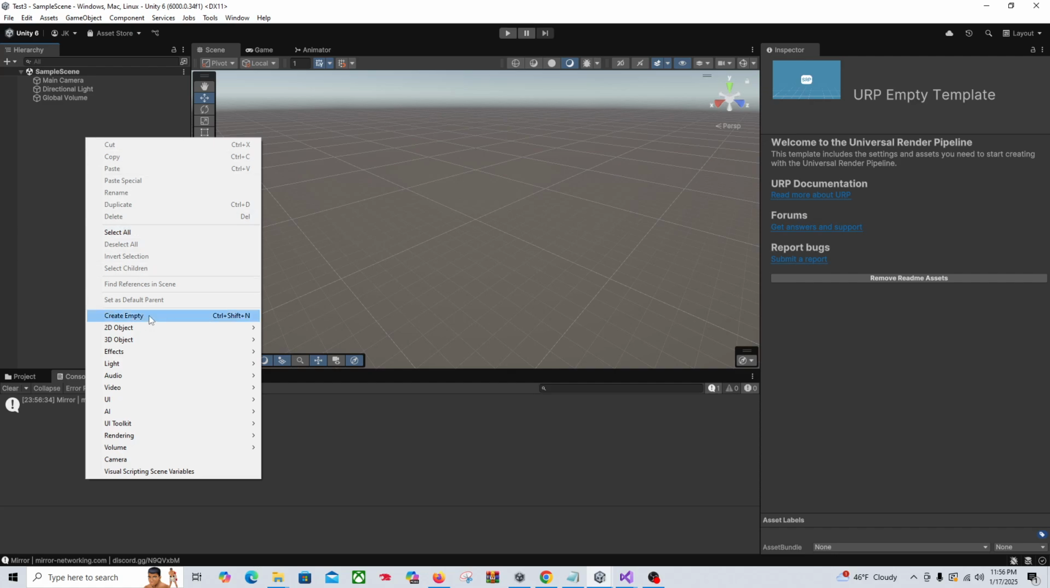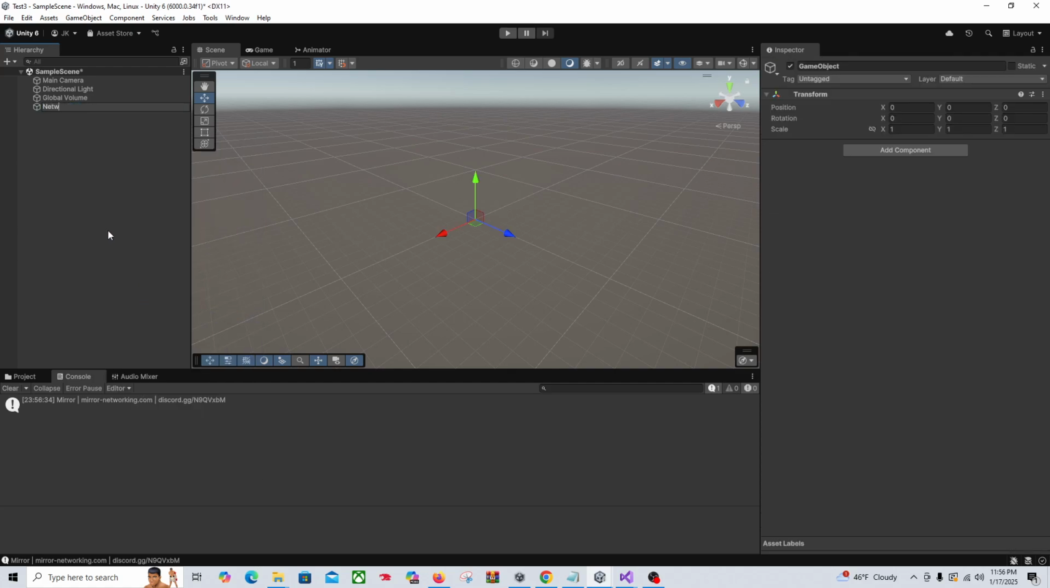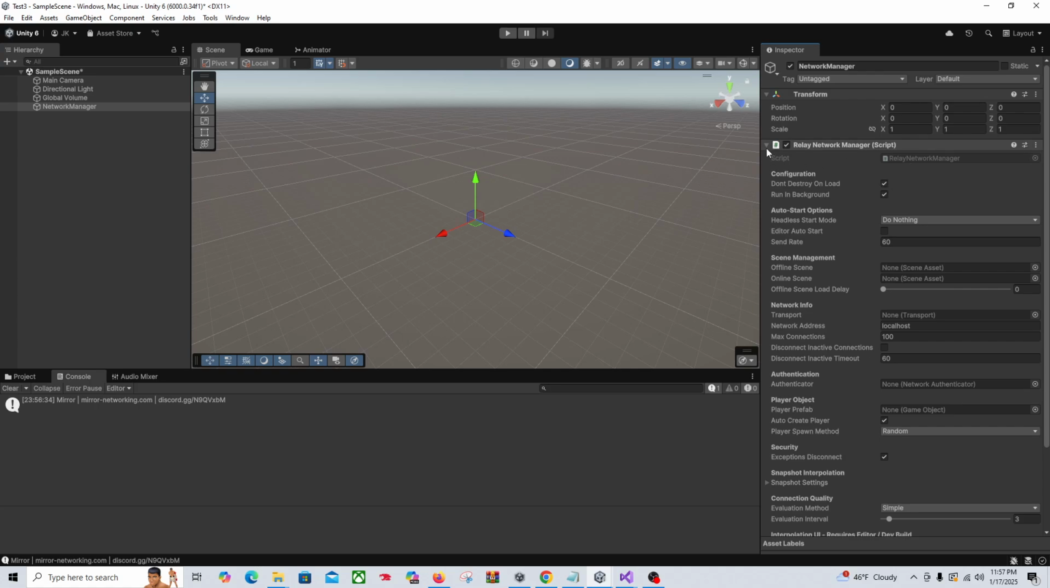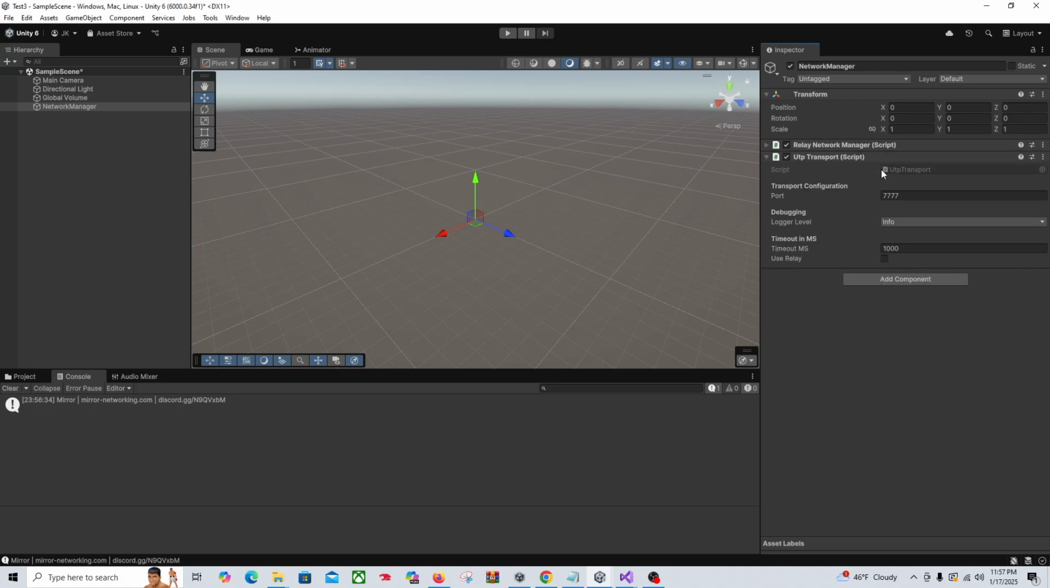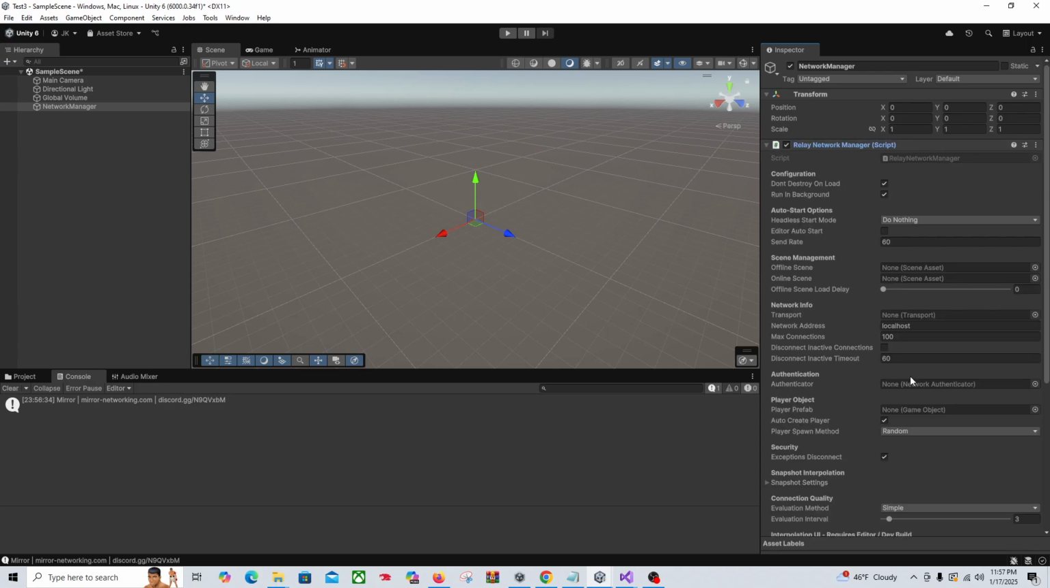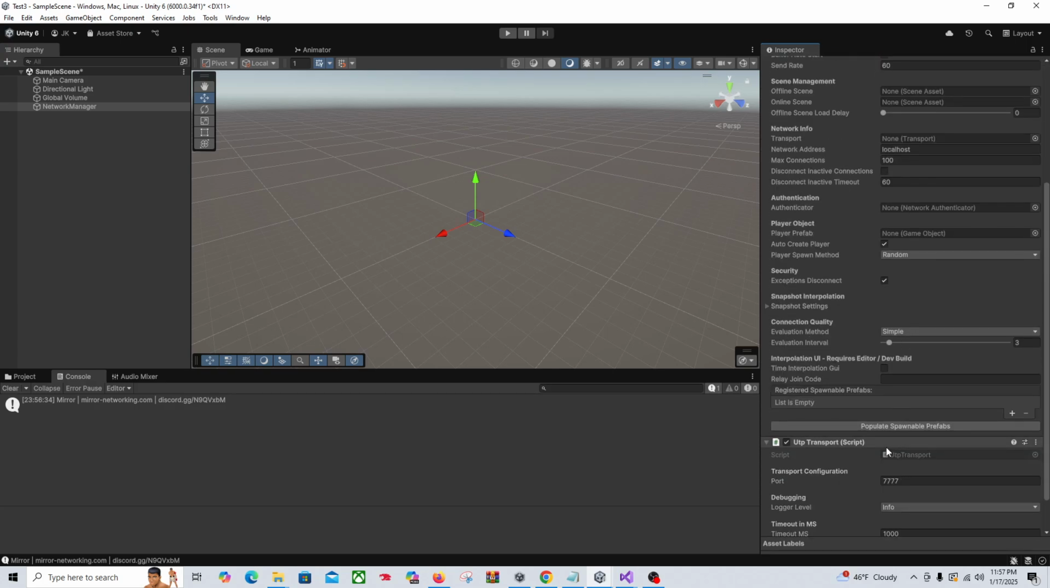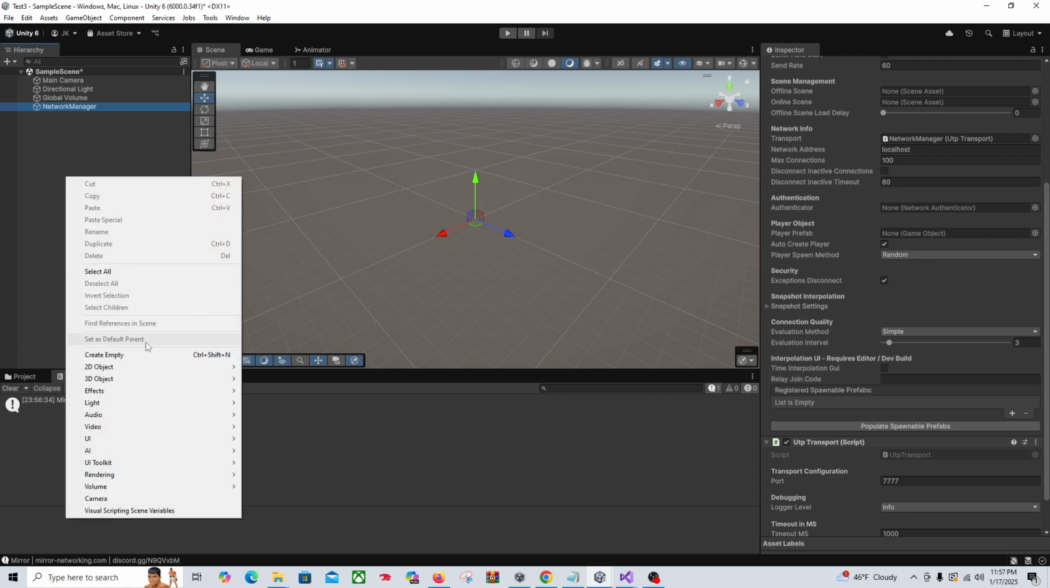Let's go ahead and create an empty, and we'll call this Network Manager. Right? And add a component. We'll say relay network manager. Cool. And then add, is it UTP transport? Yep. Okay. Where do you go? There. Okay. So now let's just